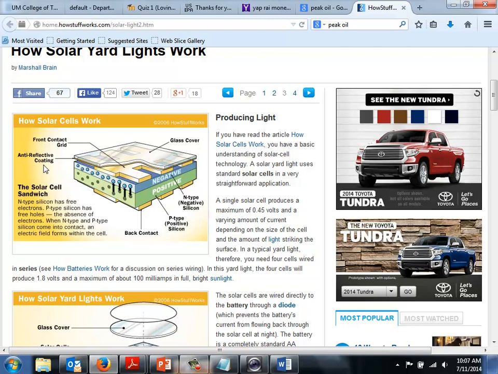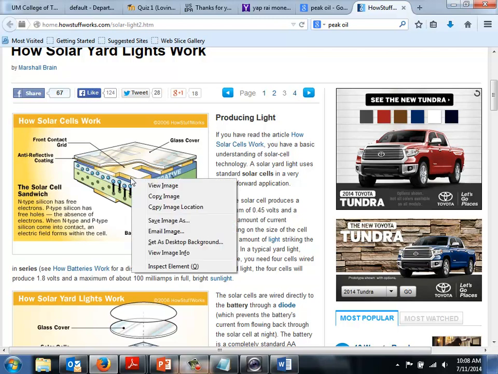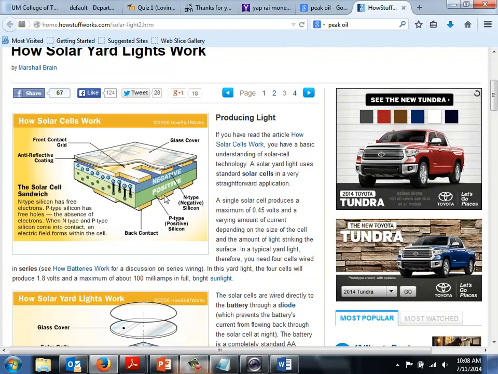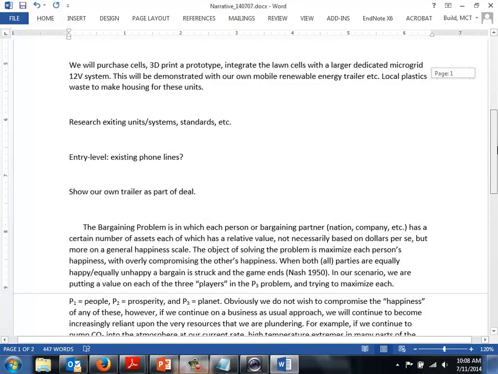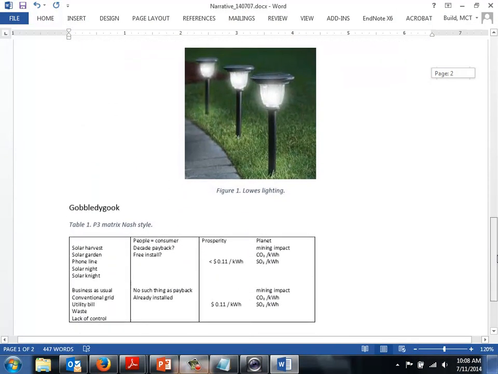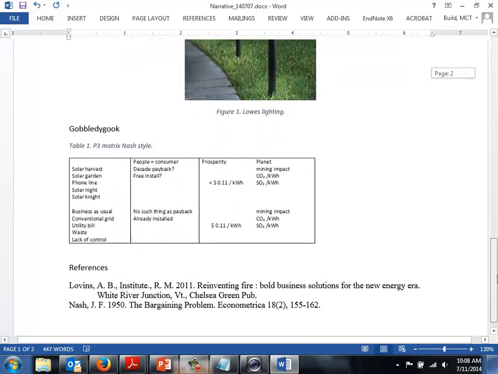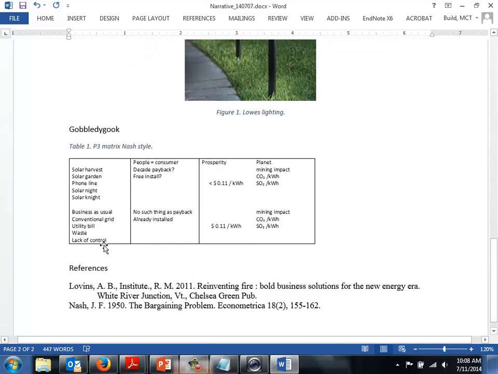So if we're going to actually make these, we need to figure out what that's about. We sort of need that too, don't we? Is it important to put this in? I'm going to steal it for now. Copy image. I could Photoshop something like that quick. Yeah, I wouldn't need to use it. You could come up with a